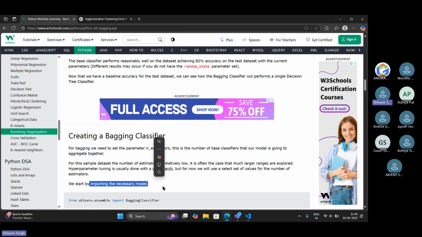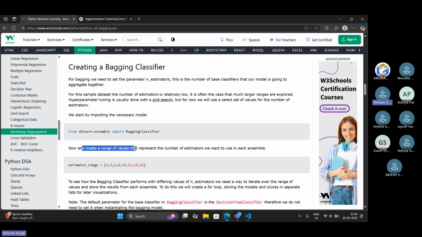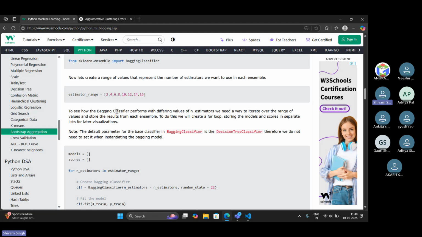We start by importing the necessary model. So let's now create a range of values that represent the number of estimators we want to use in each ensemble. To see the bagging classifier perform with differing values of n_estimators, we need a way to iterate over the range of values and store the result for each ensemble.